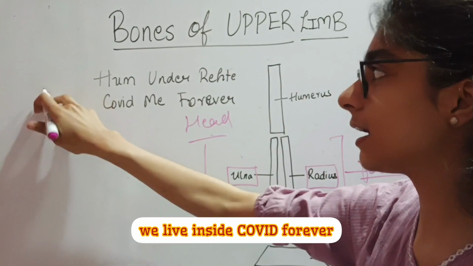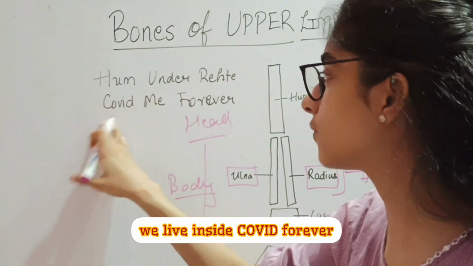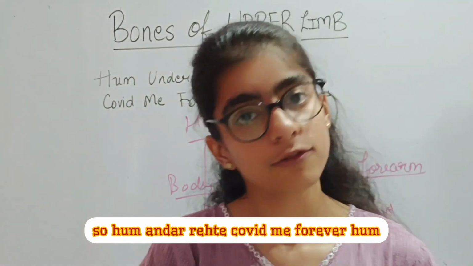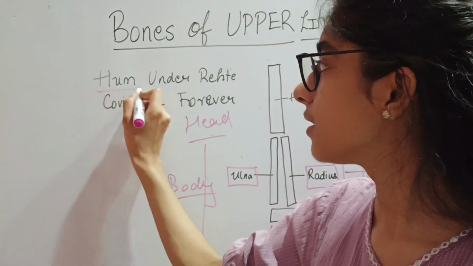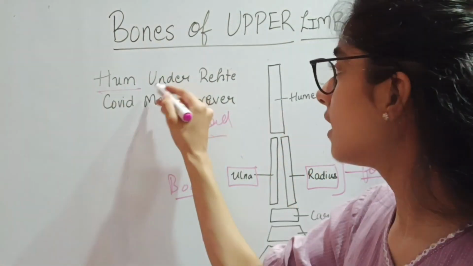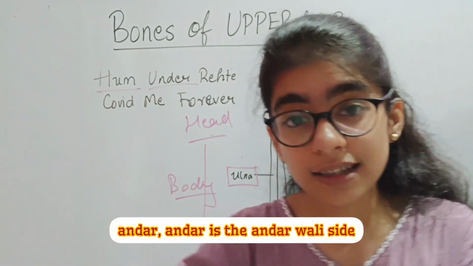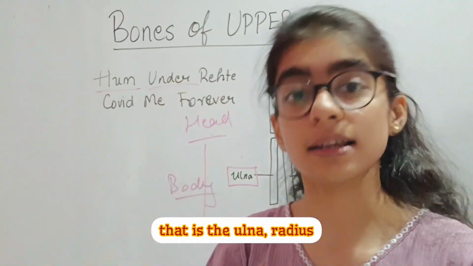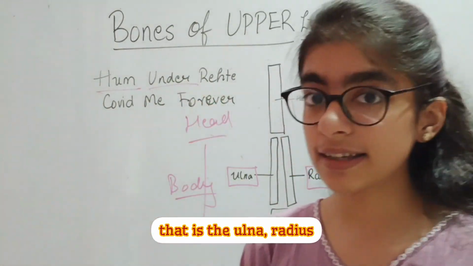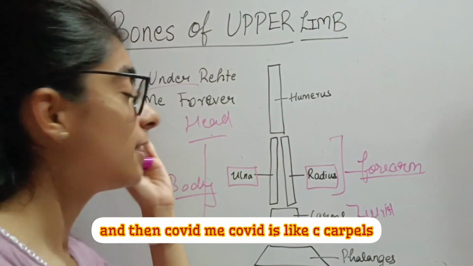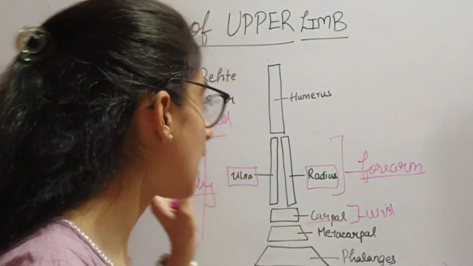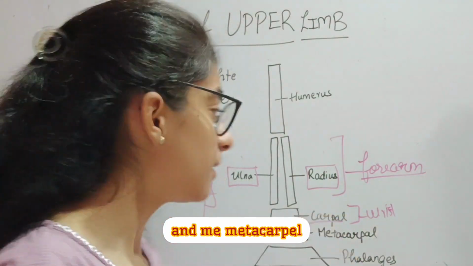So the trick is "हम अंदर रहते कोविड में forever." हम, humerus is the first one. Under is the inner side, right? That is the ulna. रहते, radius, and then covid में, covid is C for carpals, and M for metacarpals, and